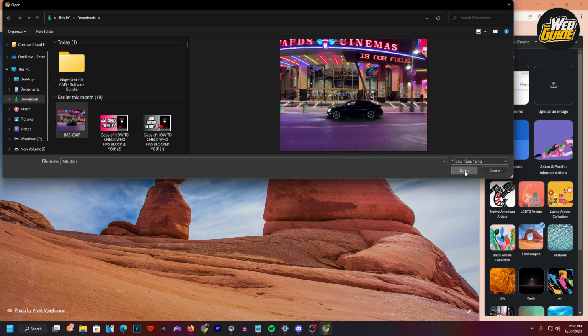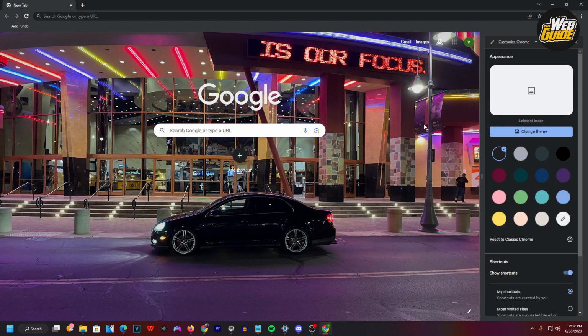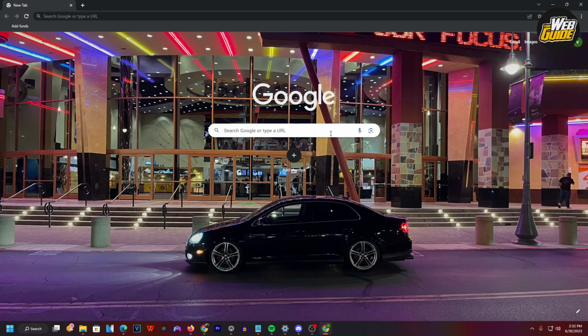And this is just an image of a car. So here you can see that I actually changed the background and it now shows the background of whatever picture I've selected, right? So that's how you go ahead and change your image background